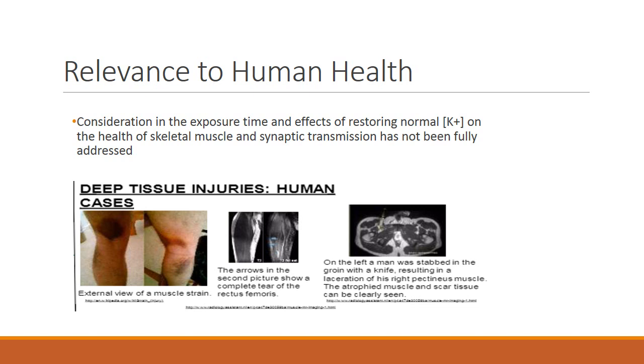Here we see a couple of illustrations of DTI. As you can see, especially in the illustration on the right, the muscle atrophy spreads over a rather large area, protruding away from the original injury site, suggesting that surrounding healthy cells are affected by release, perhaps, of the intracellular contents from the damaged cells.